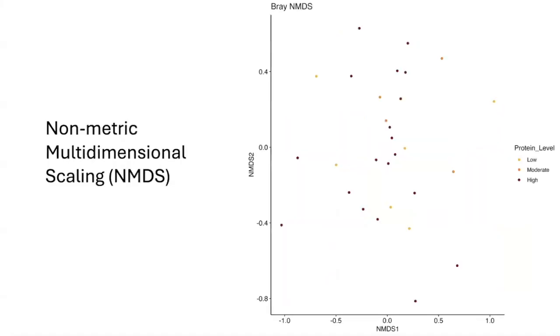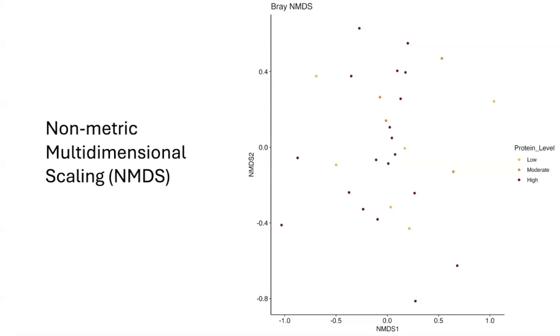In order to visualize differences between microbiome compositions, we could use ordination techniques such as a principal coordinate analysis or non-metric multidimensional scaling, shown in this figure. These methods reduce complex, high-dimensional data into a two-dimensional representation by summarizing the raw data and assigning each sample a